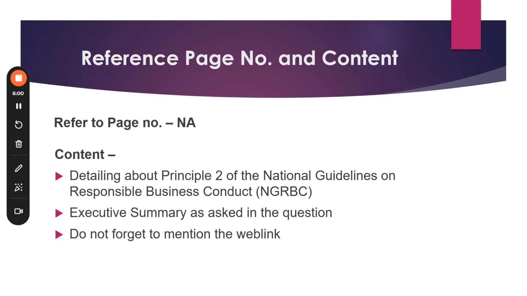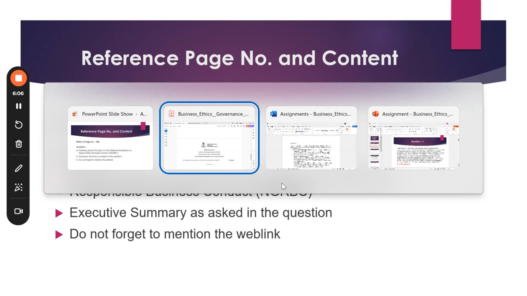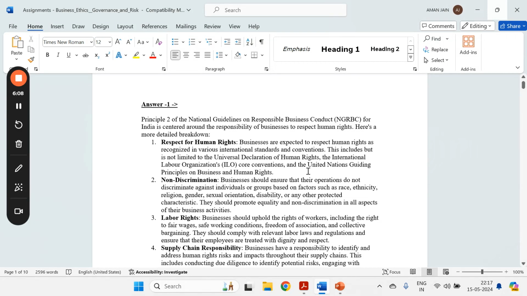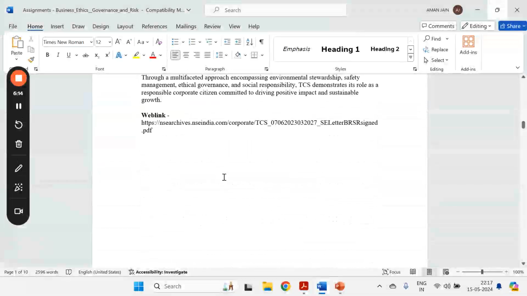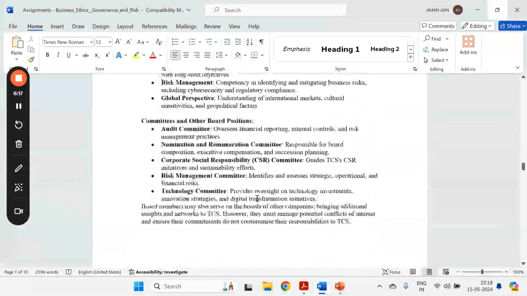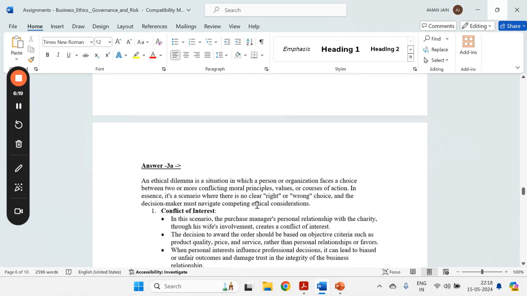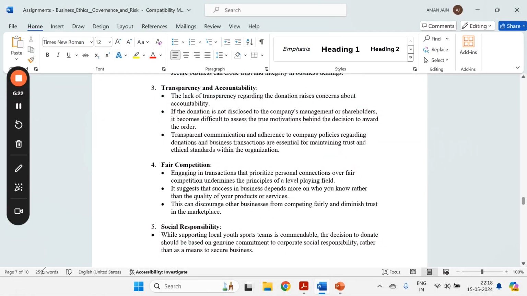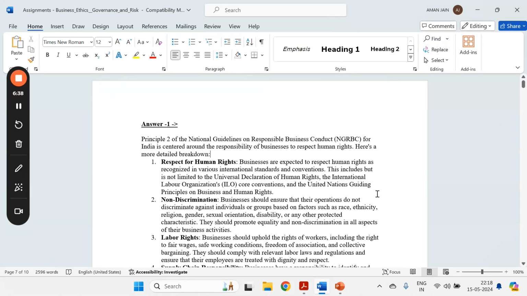Now, I think you will say, boss, you haven't highlighted anything. But guys, wait. I'm just providing you the complete answer. If you see, this is the complete assignment, right? I have mentioned Answer 1, Answer 2, Answer 3, everything which ideally should be mentioned in each question. The word count is coming to somewhere around 2600. The first question is around 900 words, the second is 900 words, and the third is around 350 to 400 words. So overall, it comes within the word count, right?